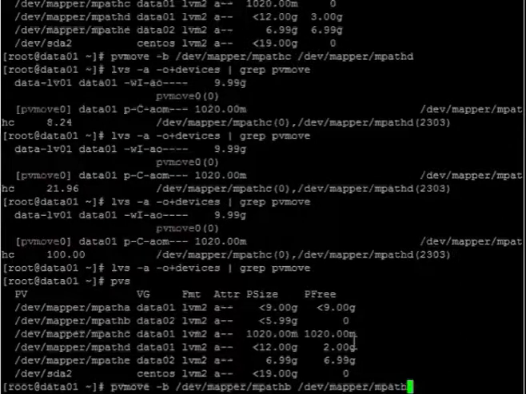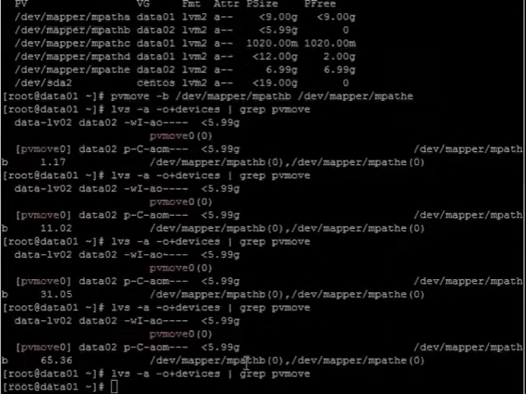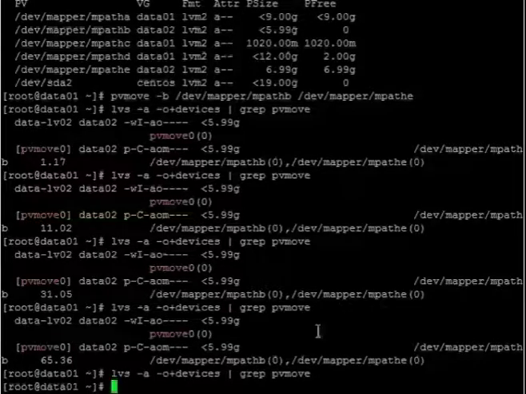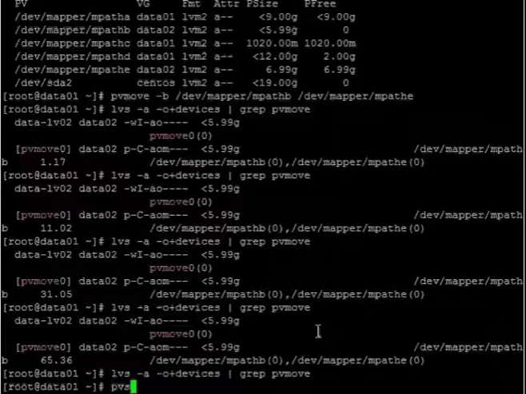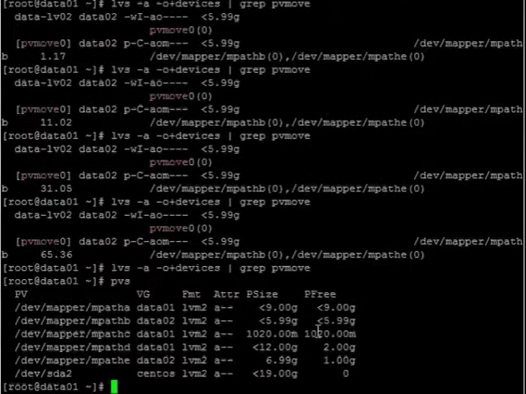Now we are going to do the LVM disk. So the LVM disk is also completed. Now you can see all the 3 disks are completely free.